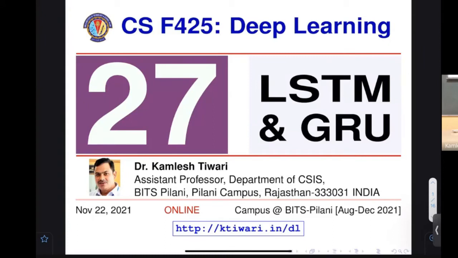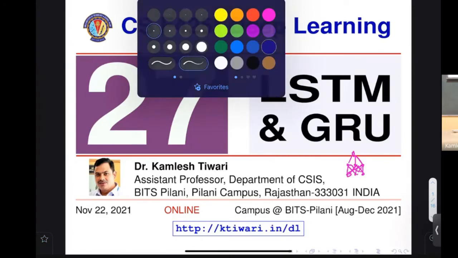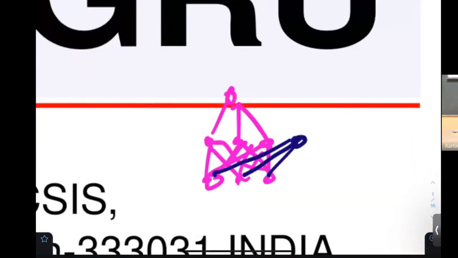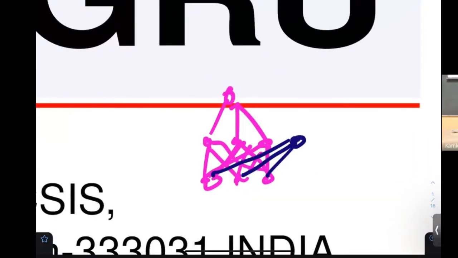As you know, in the last class we were discussing a concept called RNN, recurrent neural network. We have seen that there was a simple neural network architecture with some input layer, some hidden layer, and some output layer. The output layer was fully connected, and these hidden layers were also fully connected. What we did in the last class is that we added one more state and connected it with the input that we get at this particular point of time. But this input was not being used for the computation of the output.